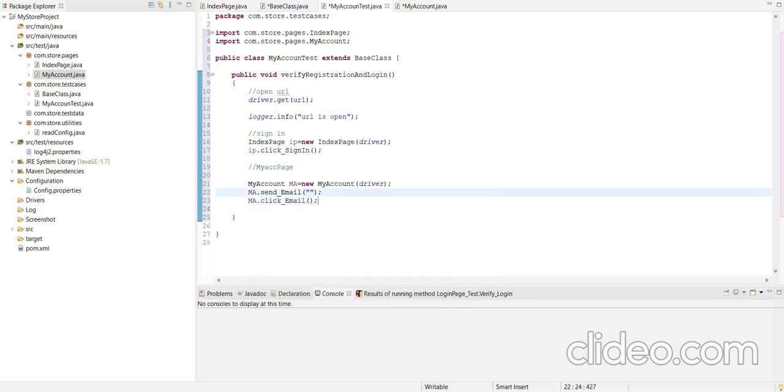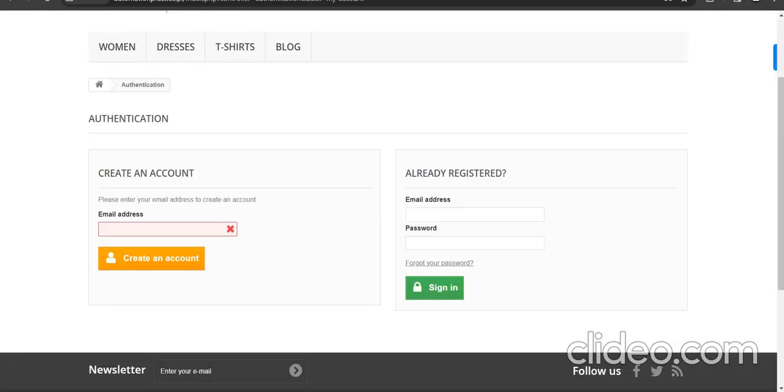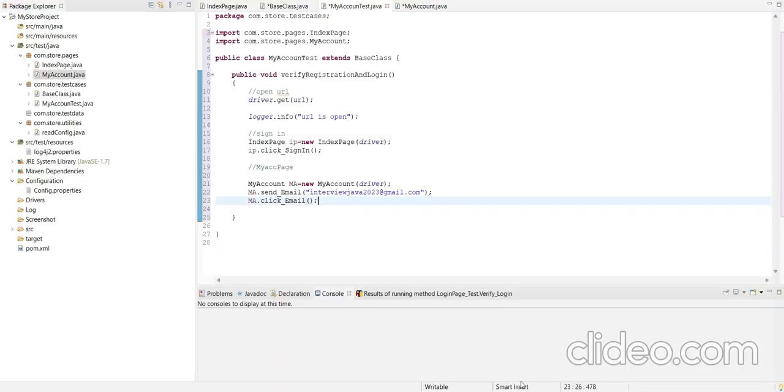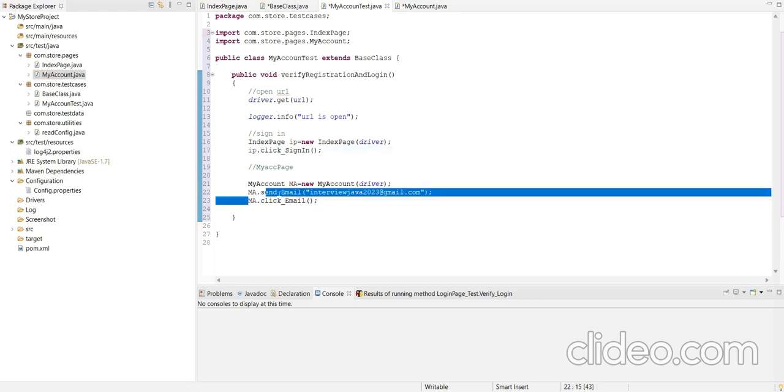Here we have to send the email address. In this way we will send the email and create the account. First we will open the URL, then log this URL, then we will click on the sign in button, then send the email, and then click email.